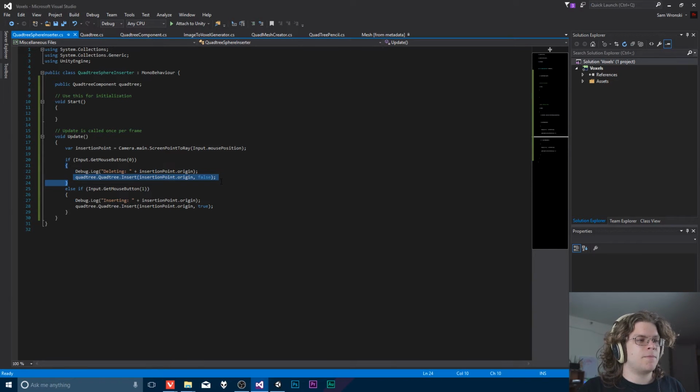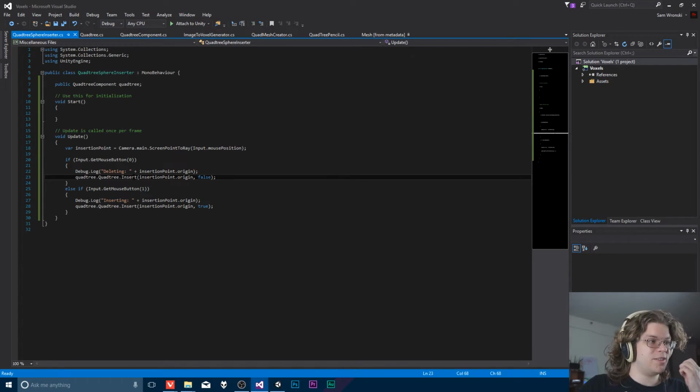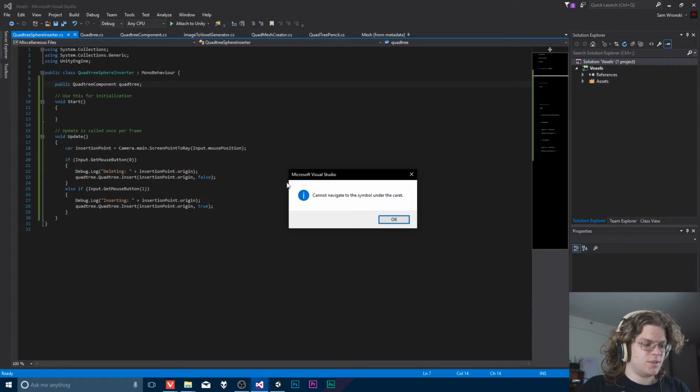These inserts would work perfectly fine if we switch this to just be a flat grid. If we started doing subdivision calls outside of it, that doesn't work anymore. So we're going to keep all of our Quadtree specific stuff in the Quadtree, which means that